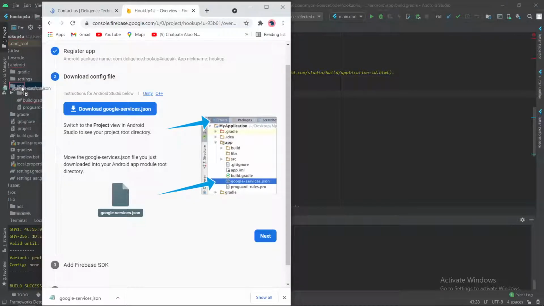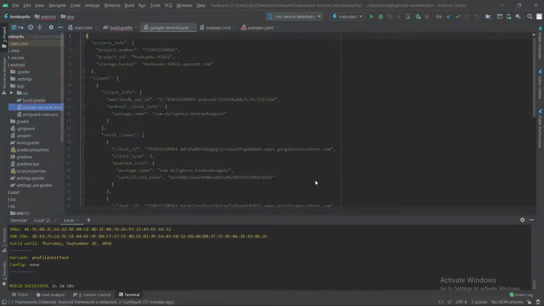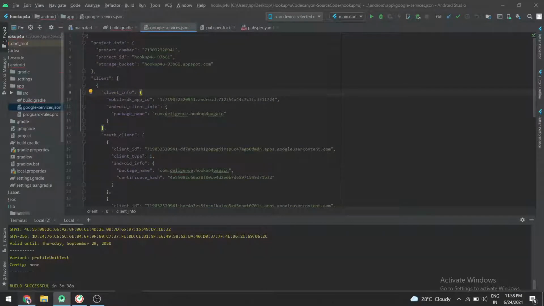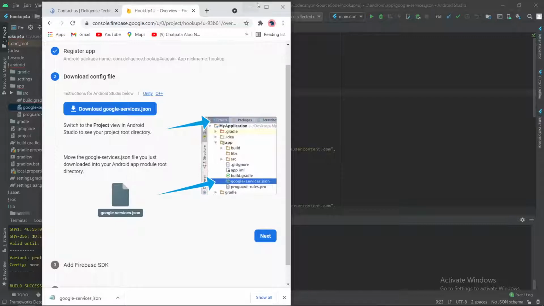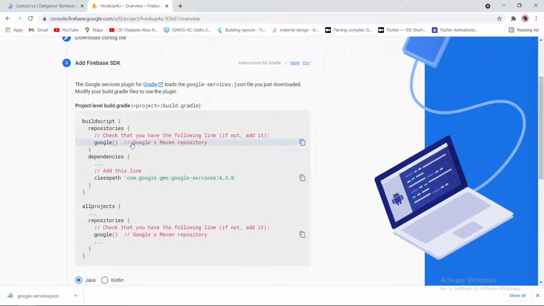We can just paste it here. So here it is. Now as we have already pasted our google-services.json file, just go here and tap on next.